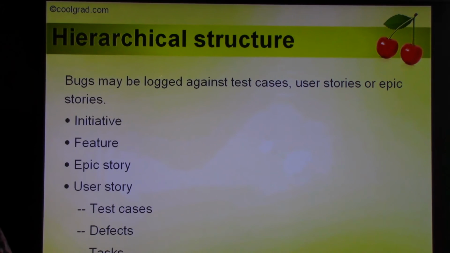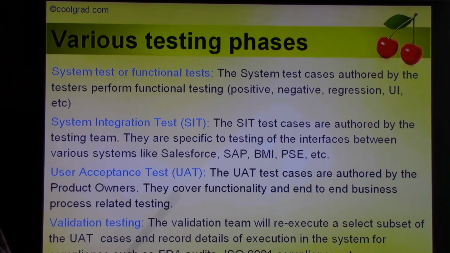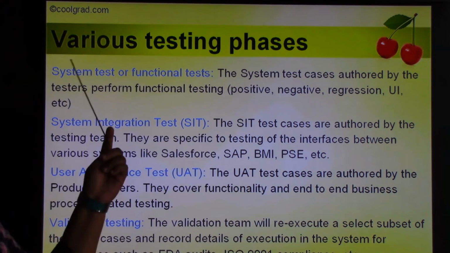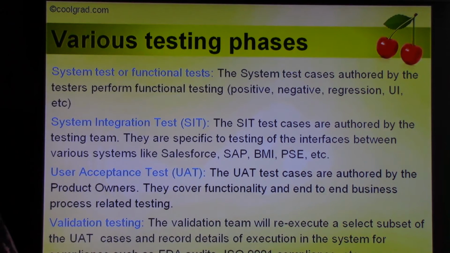And so that was about the hierarchical structure of storing artifacts in a software project. And let's talk about the various testing phases. So there's something called end-to-end system testing or functional testing. So end-to-end system testing means